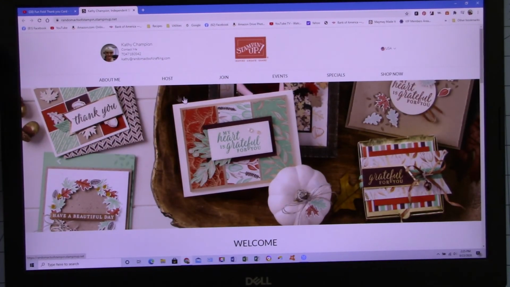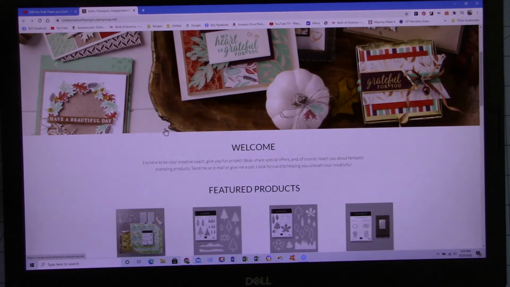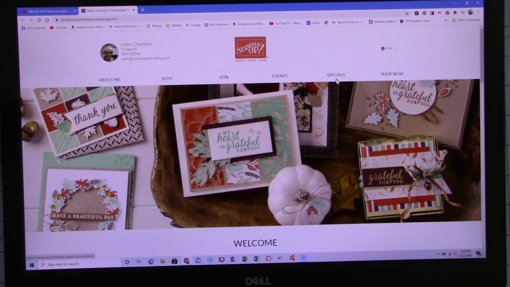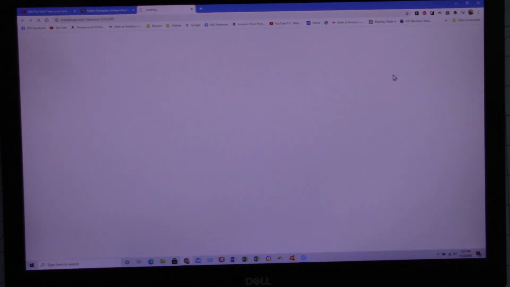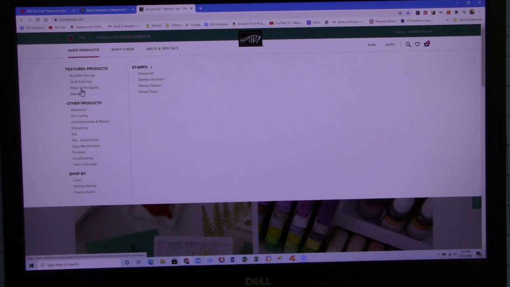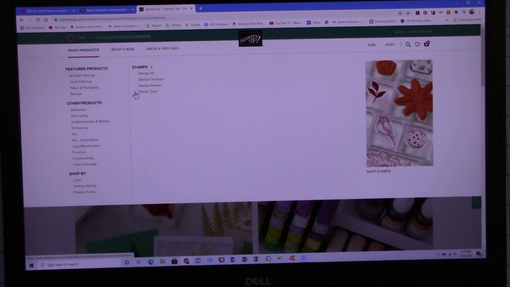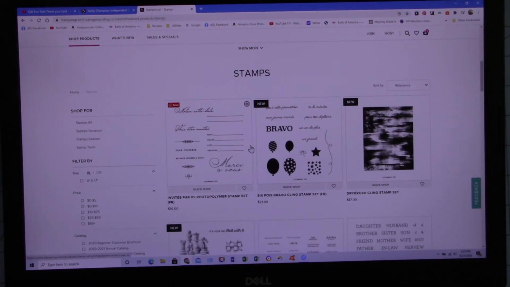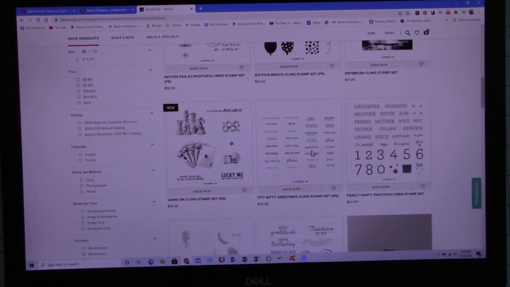I do love it. There are a couple of little changes I wish they had made, but I think they are still working on it. So there are some things that are coming. So the one thing that I wished, and let's go back to Shop Now, it does tell you everything that's in a bundle that has a punch or a die. But if you're just looking here for stamps, and let's just say you went to all, and let's just say that we went to